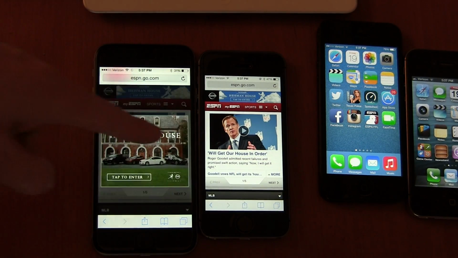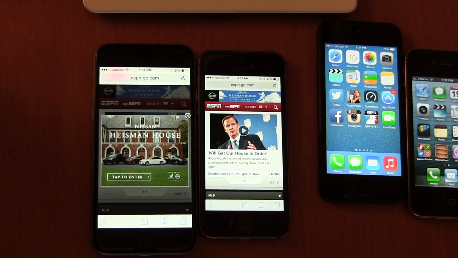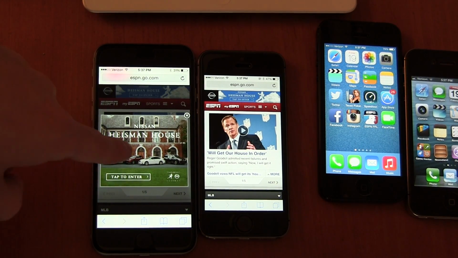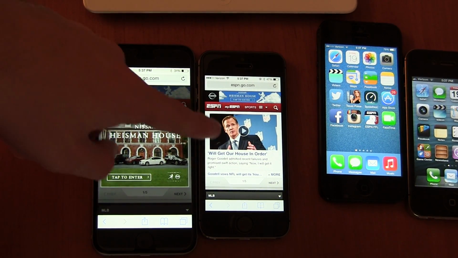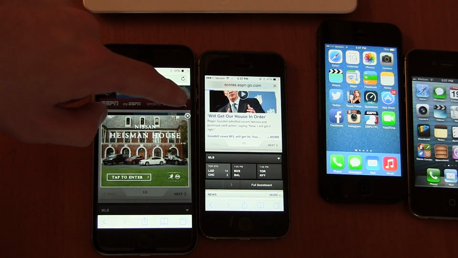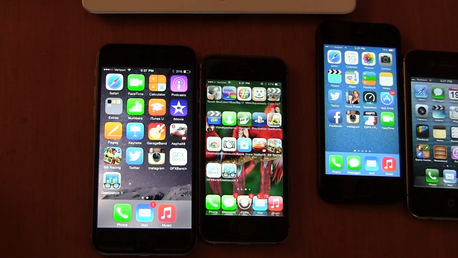So it looked like the 5S actually beat the 6 there. So very interesting. And also the 6 popped up with an ad whereas the 5S didn't. Not that that matters, but so now we're going to be comparing the speeds, opening up